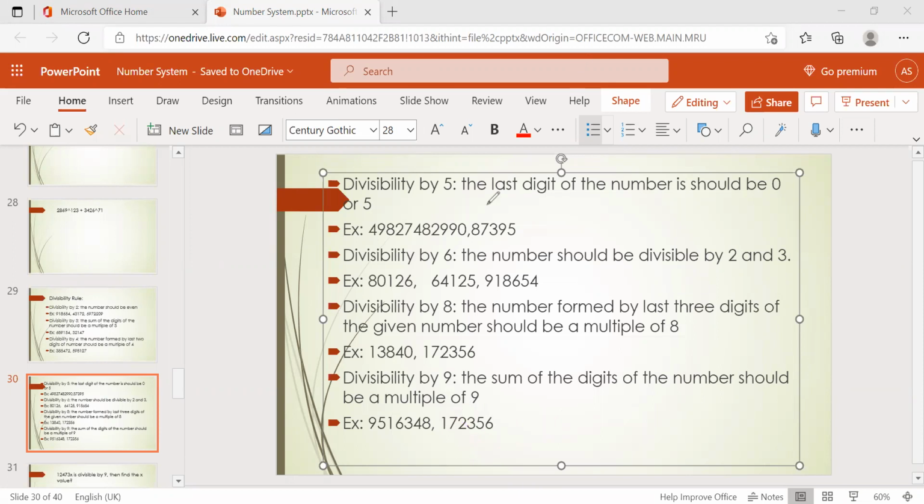Okay, and as I said, 9 is interesting: whatever the multiple of 9, the sum of its digits should be 9.